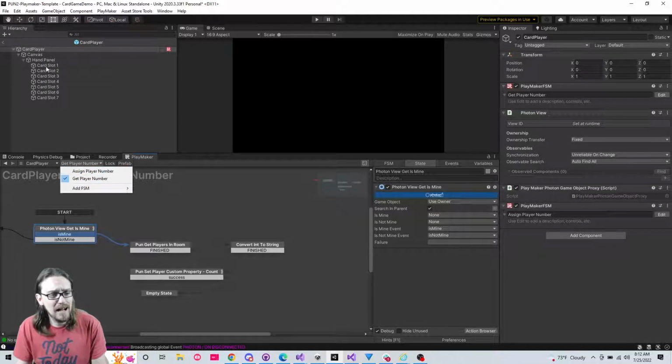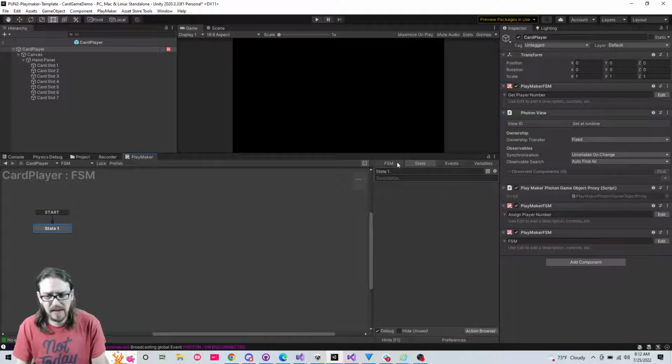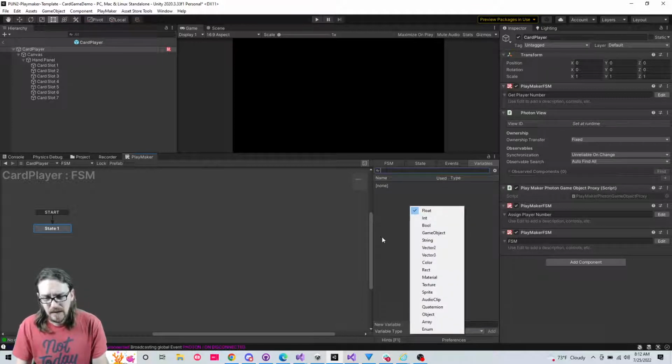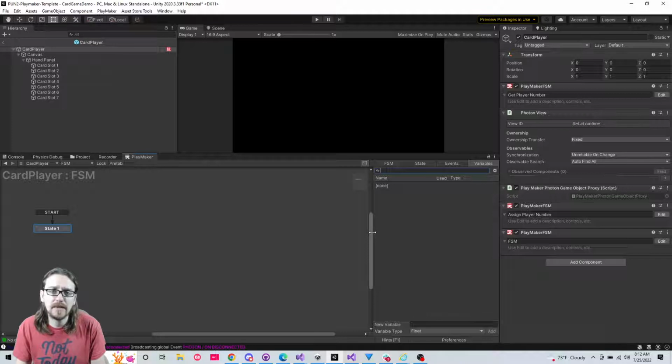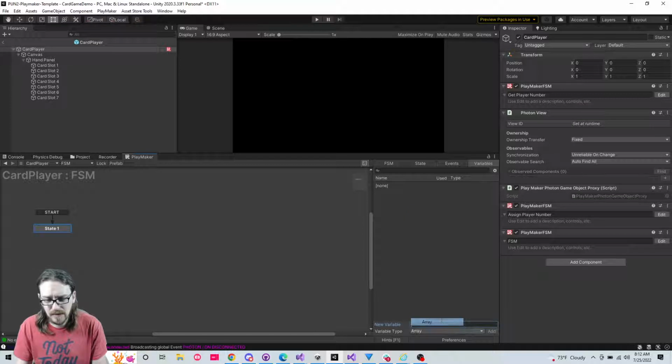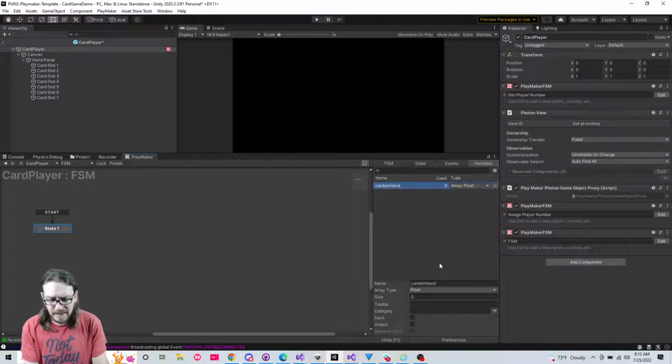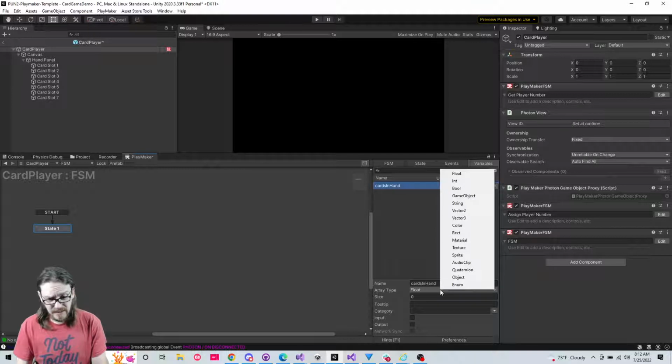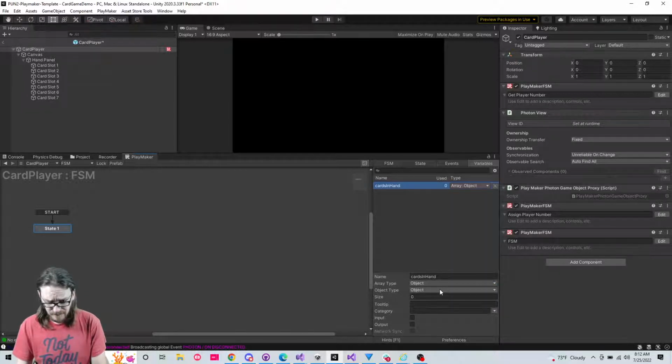We need a way to house what the player has. So I'm going to try to keep all the player's logic on its root. I'm going to add an FSM, and I don't know if this is going to have any logic on it, but it is going to have, let me see, show of hands. Who wants to use array? Who wants to use a list? Dang, I just got myself to deal with here. So let's do an array, and hopefully we don't change our mind later. All right, we're going to call this cards in hand, and this is going to be an object type,